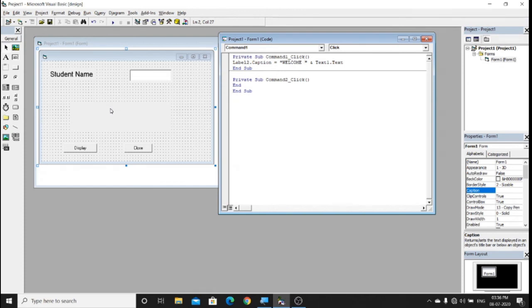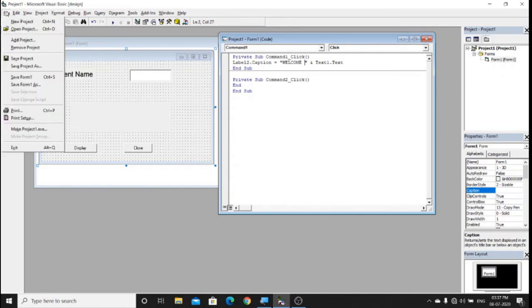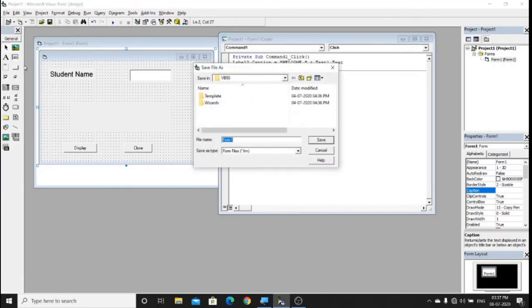Okay, children. If you want to save this, what are you going to do? You are going to go to the File menu. Click on Save Project As. Okay. Or you can click on Save Form As also. When you click on Save Project As also, it's going to ask you to save the form first. So I'll write the name of the form, by default Form1 is coming.